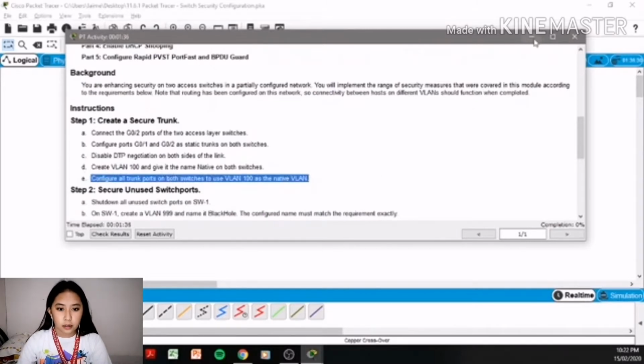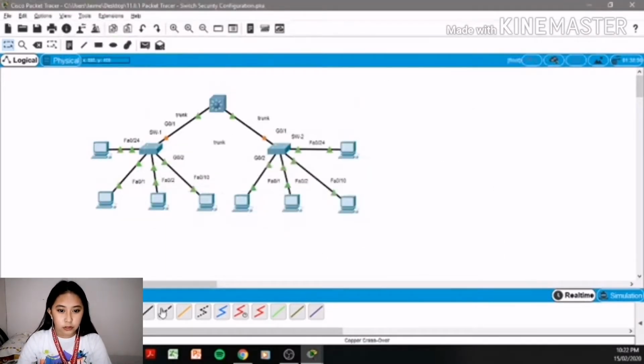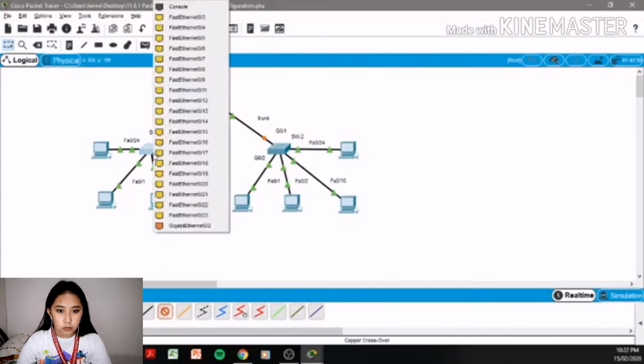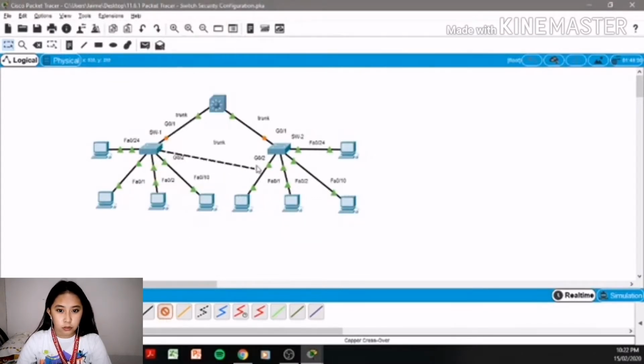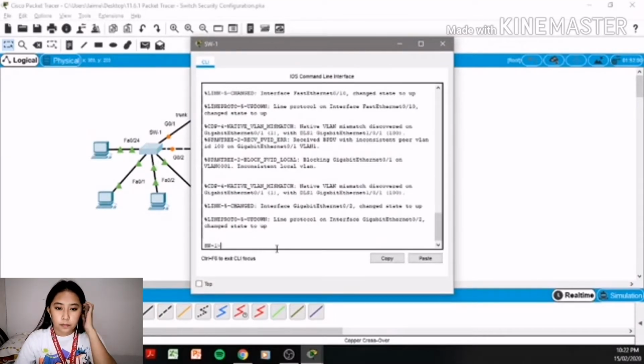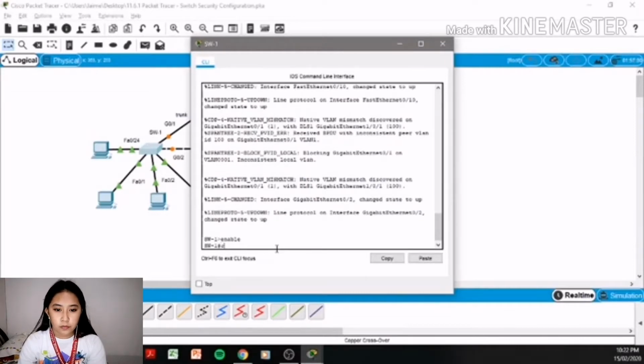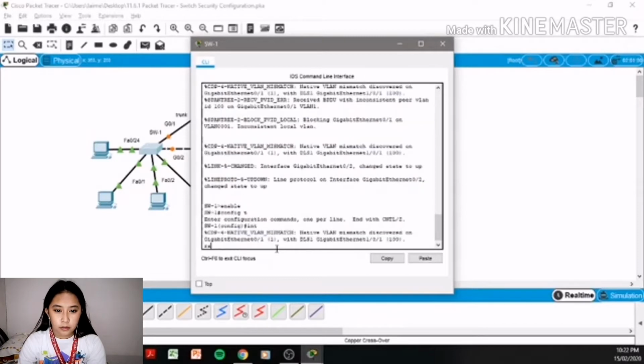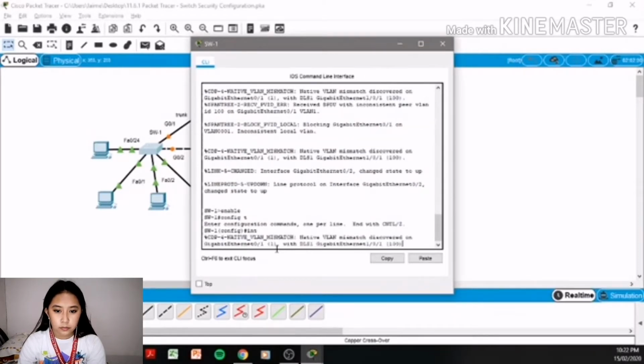So let's start and begin with the connection. Let's use copper crossover. Insert to switch 1, Gigabit Ethernet 0/2, Gigabit Ethernet 0/2 to switch 2. And let's proceed to the CLI or the command line interface. Let us enter enable, config terminal or config t, int or int range